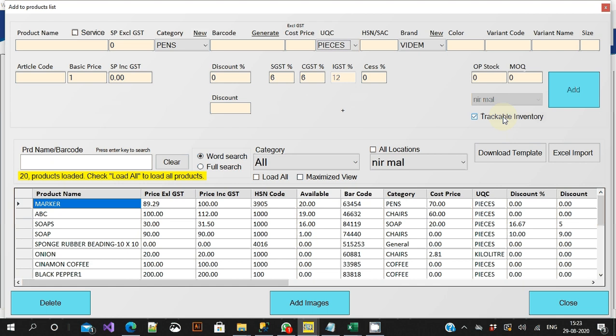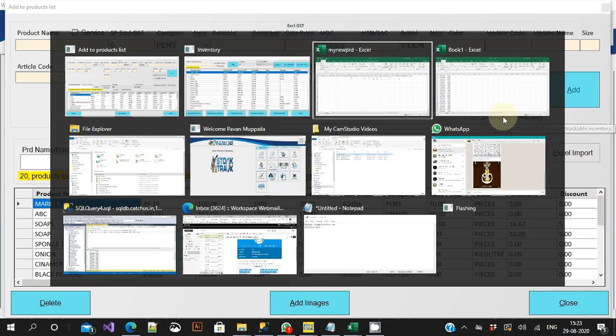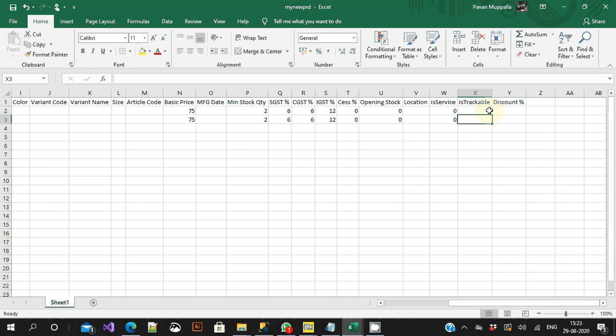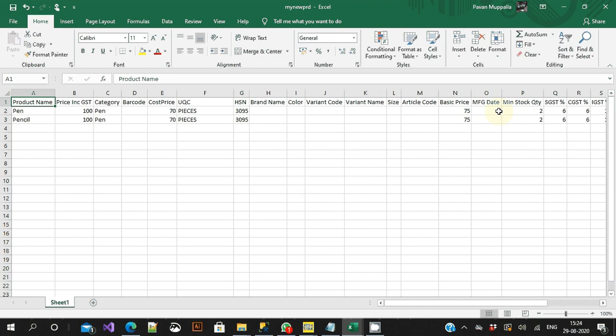For items which you want to put a purchase entry, track their availability, and check at various locations, make sure this is trackable inventory. So right now I am in this Excel file, I am making it as trackable items. So if it is marked trackable and you don't have stock, you cannot sell it. That's what it means. And I don't have any discount here right now. You can add a discount percentage for this item so that every customer gets discount. If you want more discounting schemes, I will show it in the other videos.